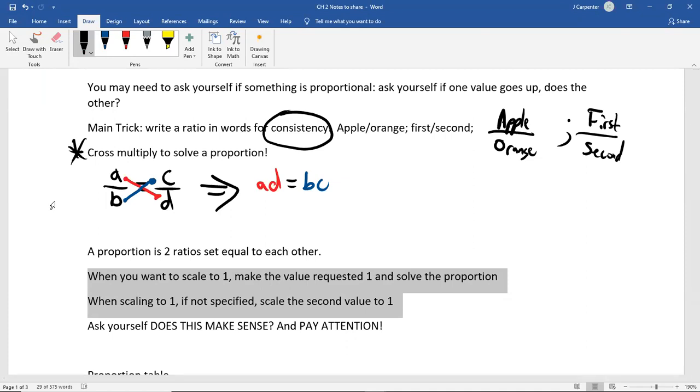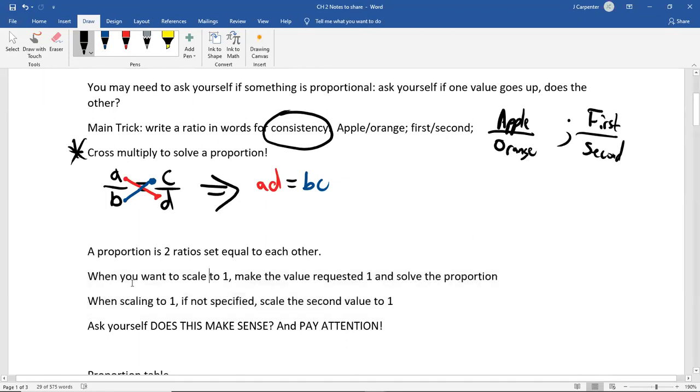As we work together, very often we'll want to scale something to 1. This can be used in model scaling. This can be used in trying to get a simplified or reduced number. This can be used in a lot of ways, and we will be diving into this concept of scaling something to 1. When you want to scale something to 1, you make the requested value 1 and then solve the